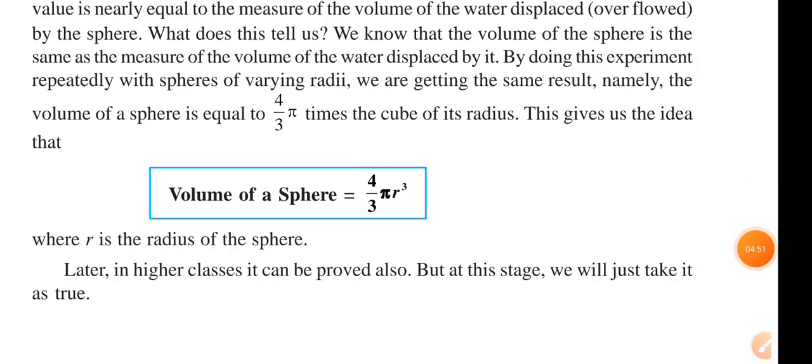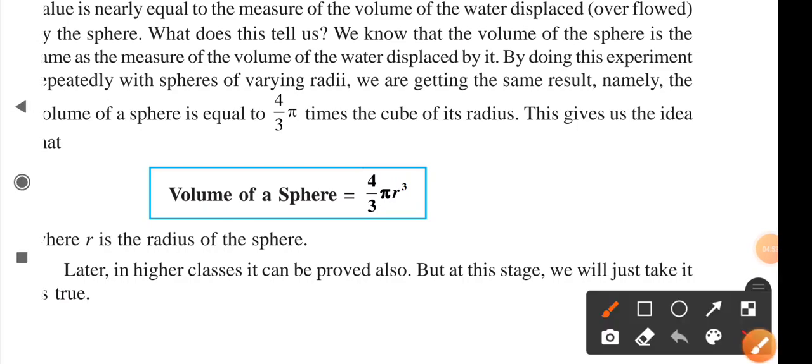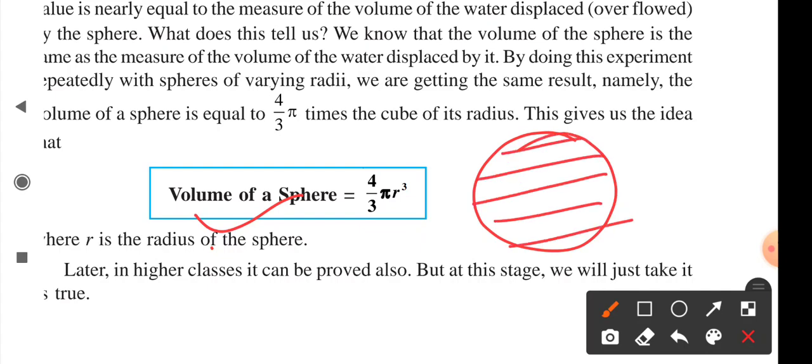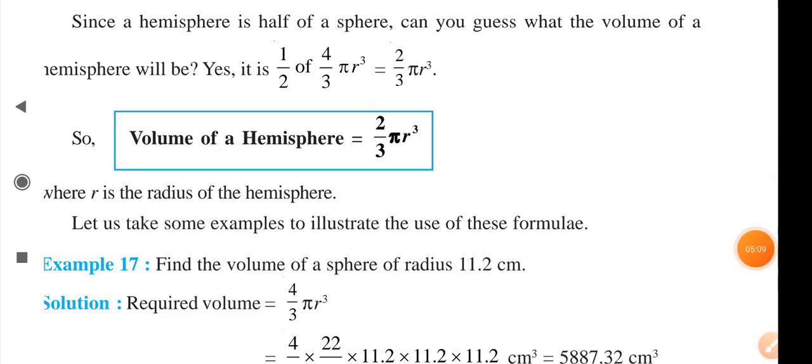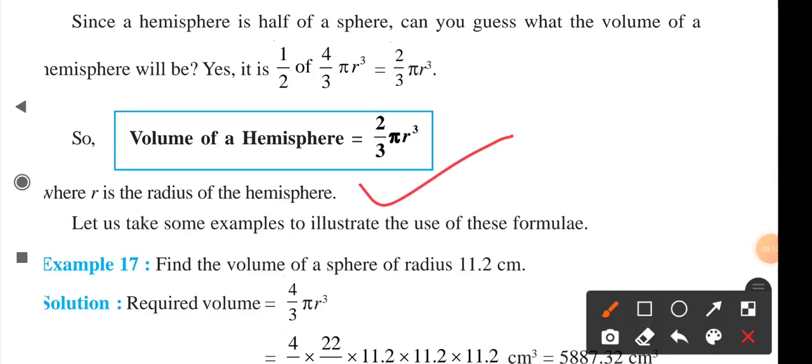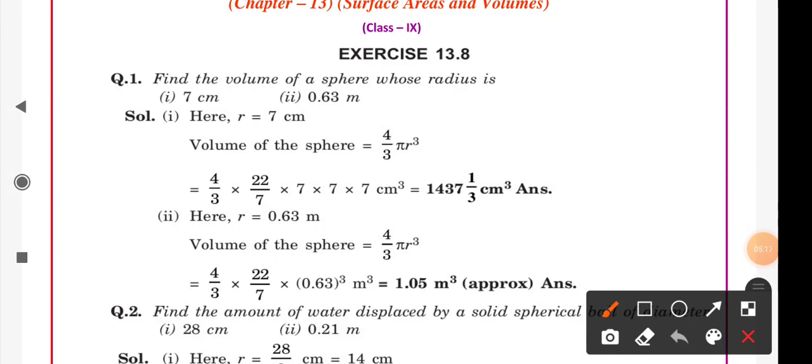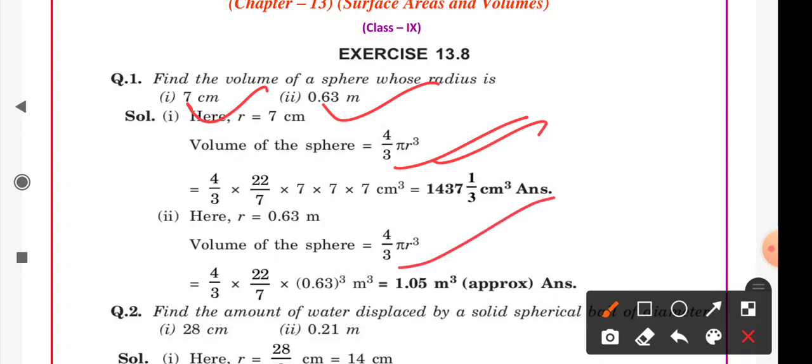Now for the next exercise you need to understand what is the volume of the sphere, how much quantity is inside the sphere. The volume of a sphere is 4 upon 3 pi r cube. You require only the radius in the case of a sphere. For finding the volume of the hemisphere, it is 2 upon 3 pi r cube, and here also you require only r. You can see that for finding the volume of the sphere, we have been given the radius in both of the two parts of the first question. You will find the direct volume 4 upon 3 pi r cube in the first case and the second case also.